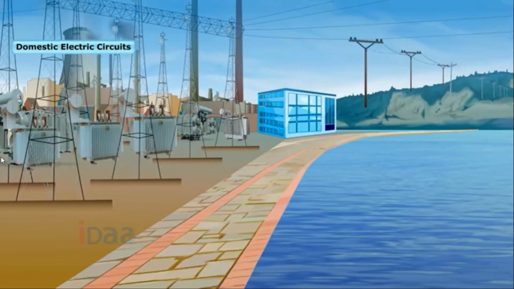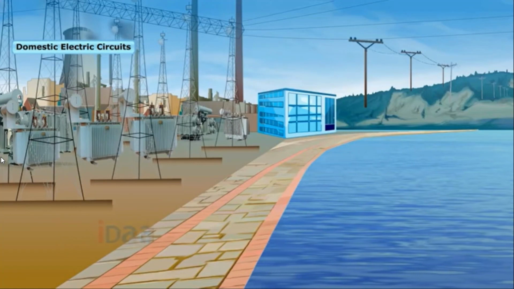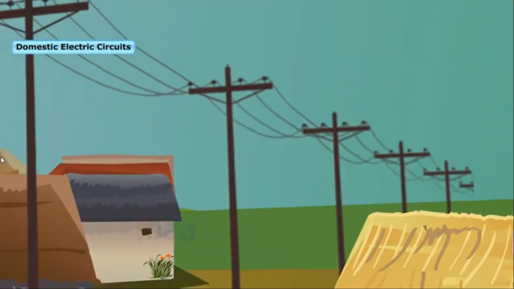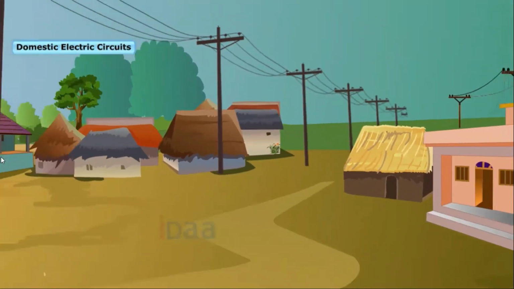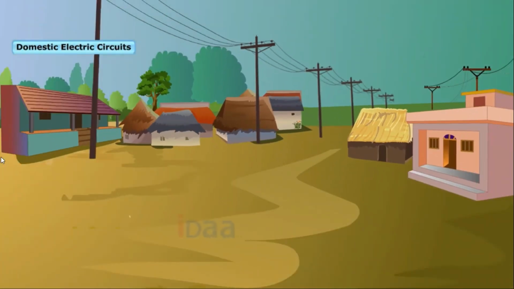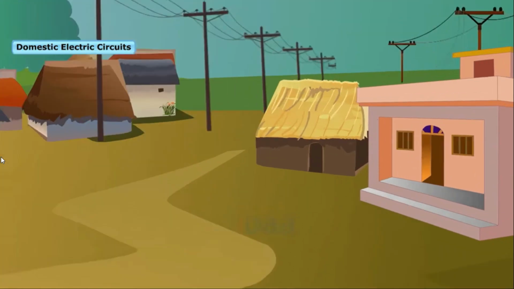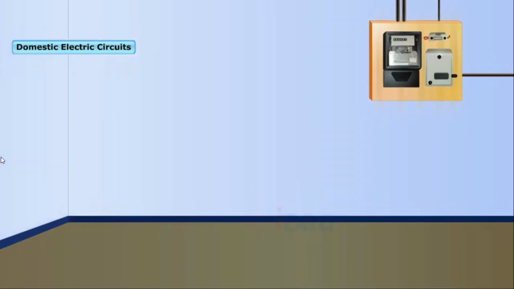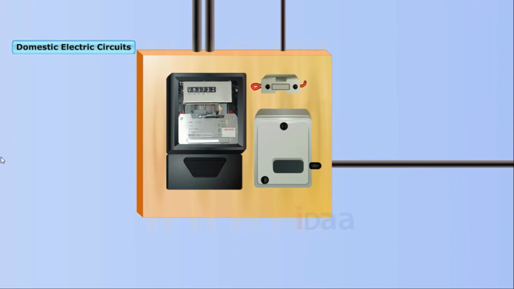Domestic electric circuits. The supply from which we receive the current for our houses is called the mains. The mains are connected to the power meter, from which they are connected to the wires of the house. The types of wires involved in the current supply are as follows. One of the wires is called positive or live. This is usually insulated in red. The other one is called neutral or negative. This is usually insulated in black.